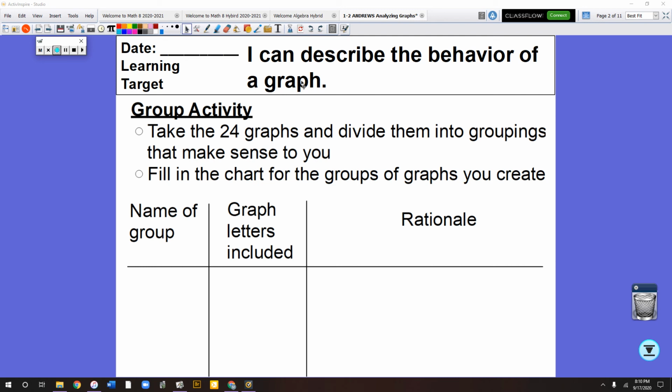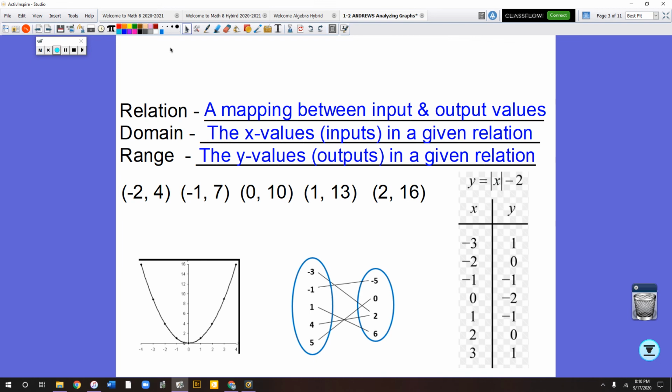Okay, so if in class or on ClassKick there is a 24 graph activity, but we're going to go right into the notes for the video. Okay. A relation